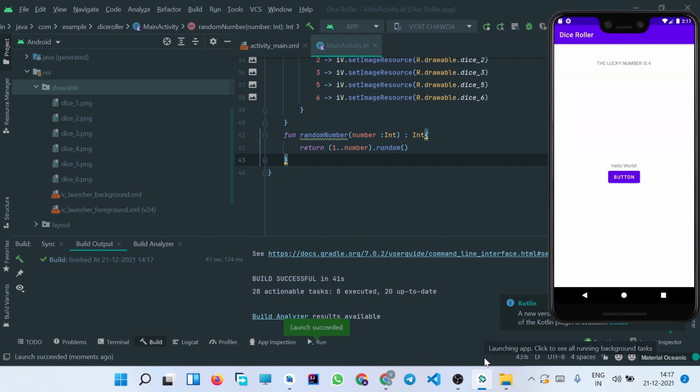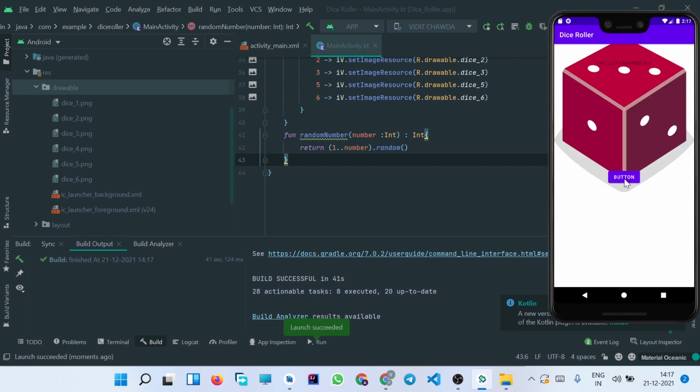So now you can see the application has been successfully launched. When I clicked on the button, you can see the dice has been rolled, but it is not looking nice. So let us make some changes in the XML file so that it looks nice.